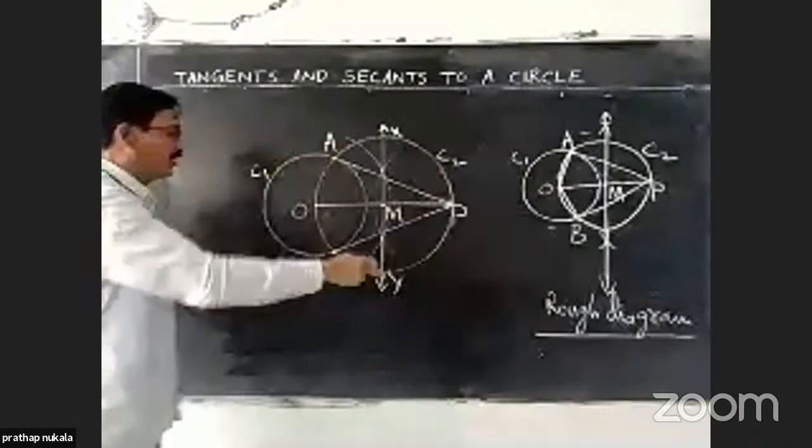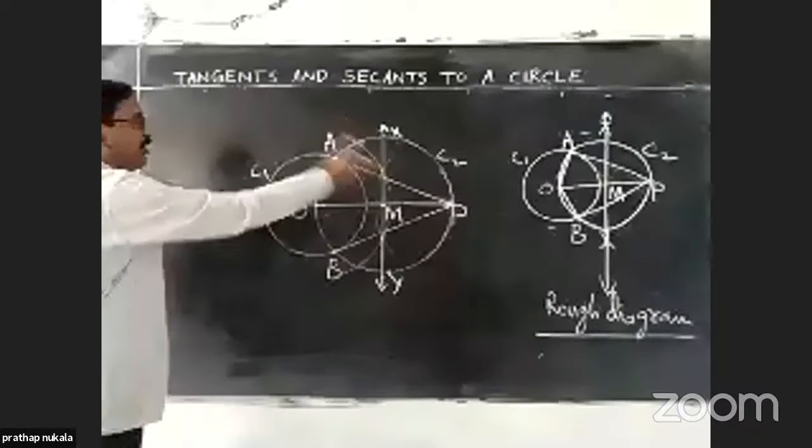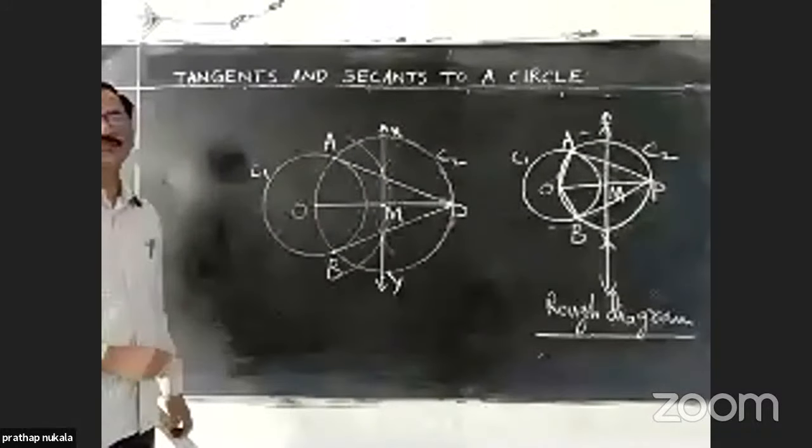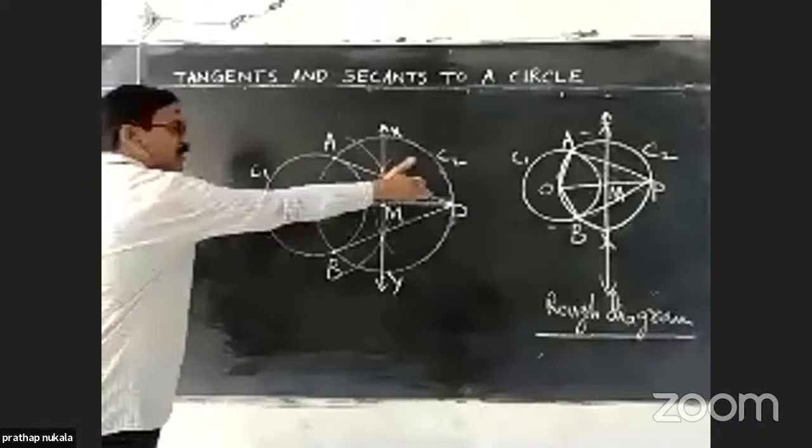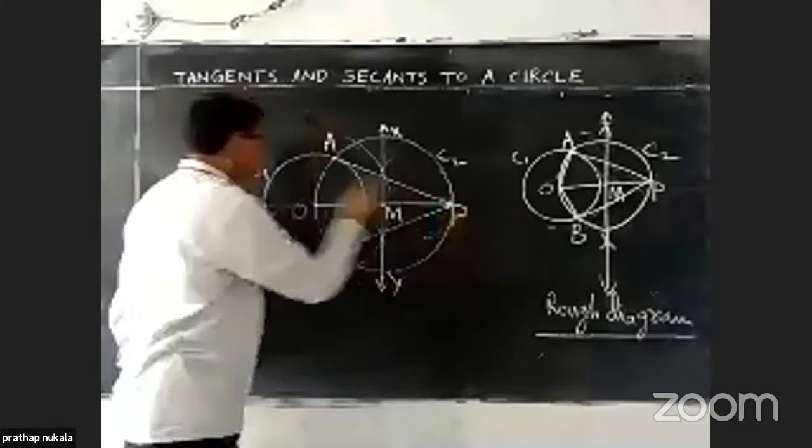PA and PB are the required tangents from the given external point P to the given circle with